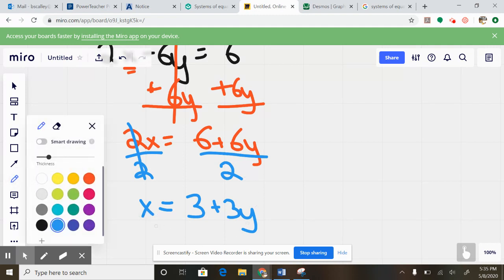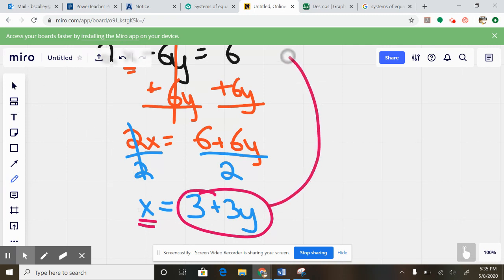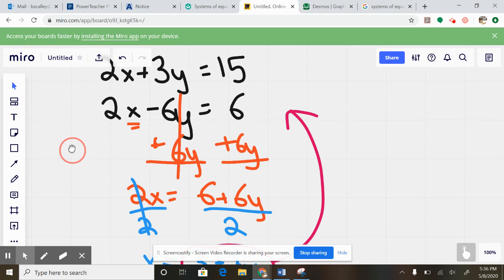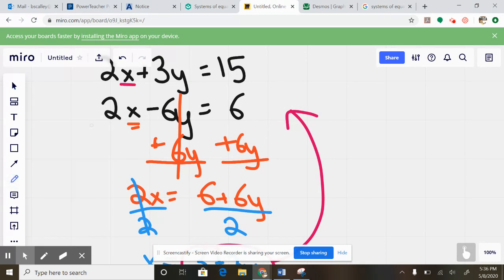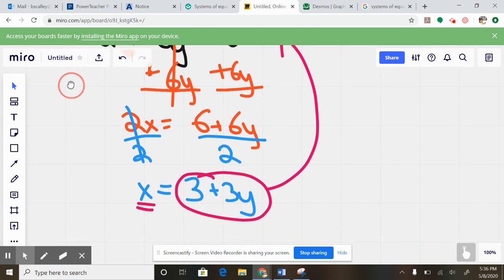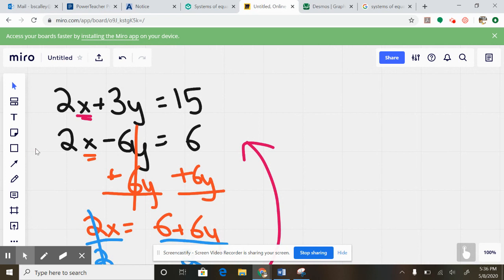So I can look at this and go, all right, if I know x is equal to 3 plus 3y, I can take that 3 plus 3y and go back to one of the other original equations and plug that in for x. So I'm talking about right here. And now that I know that x is 3 plus 3y, I'm going to go plug it in right there. So that top equation